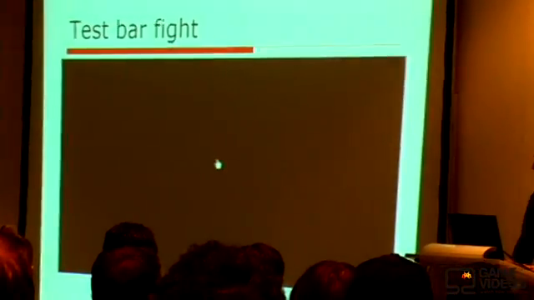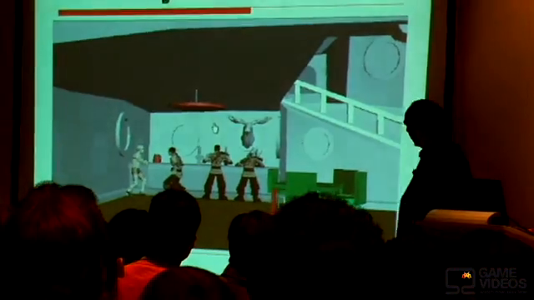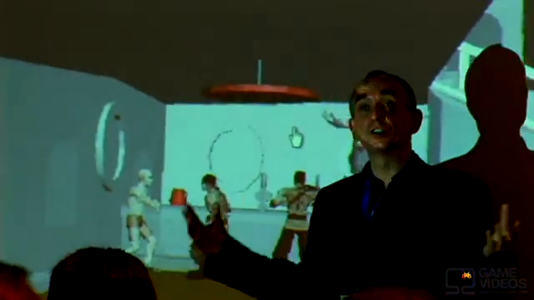This is a bar fight scene. And again, if I can pause this. So, someone's come in, there's about to be a bar fight. There is a little object here which is going to be used. The action button is pressed, but the player has no sword out. So what should the character do? And what he actually does is use the